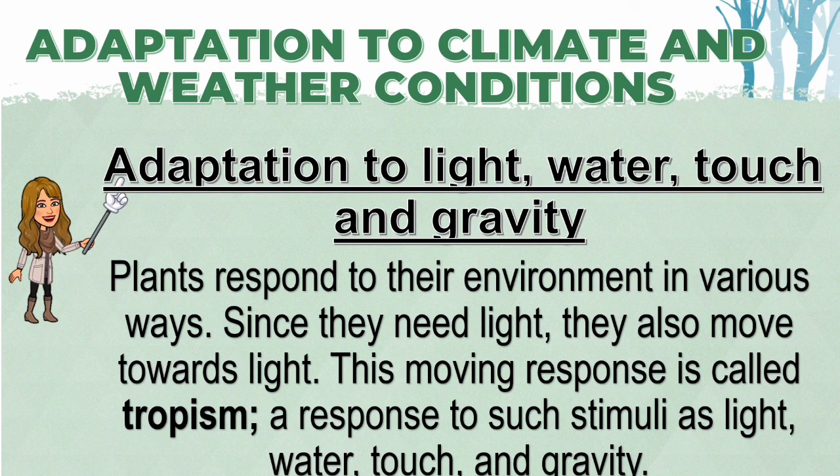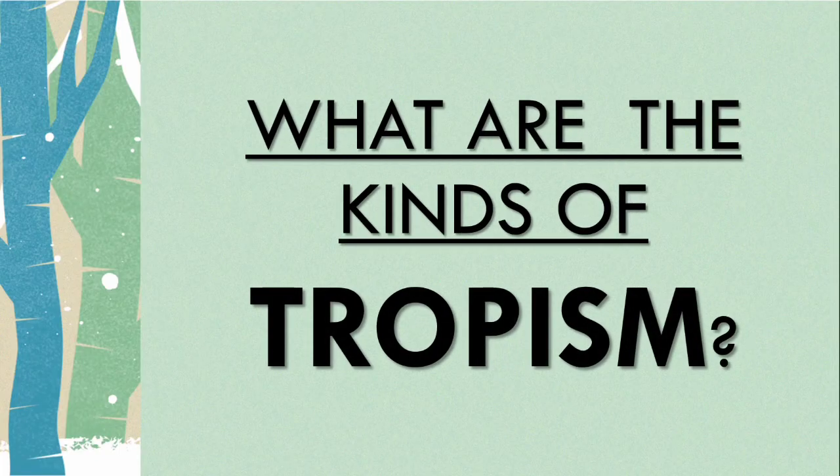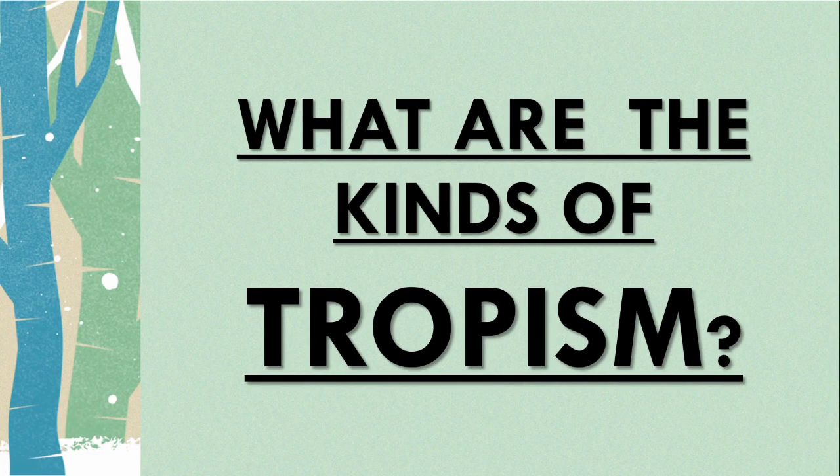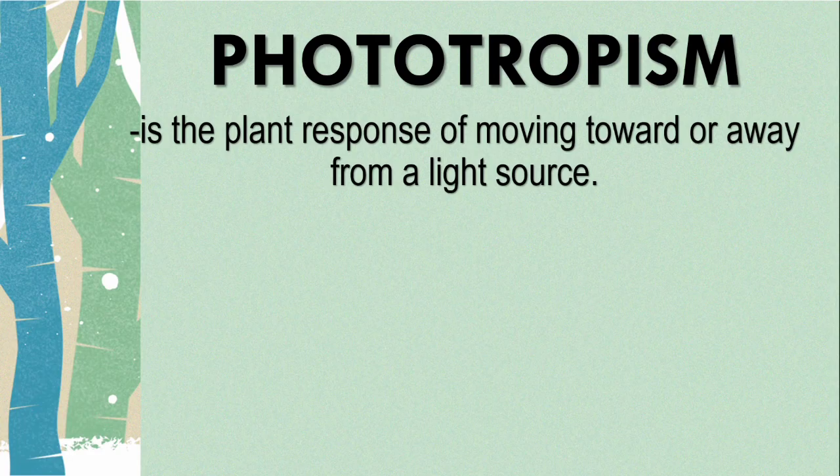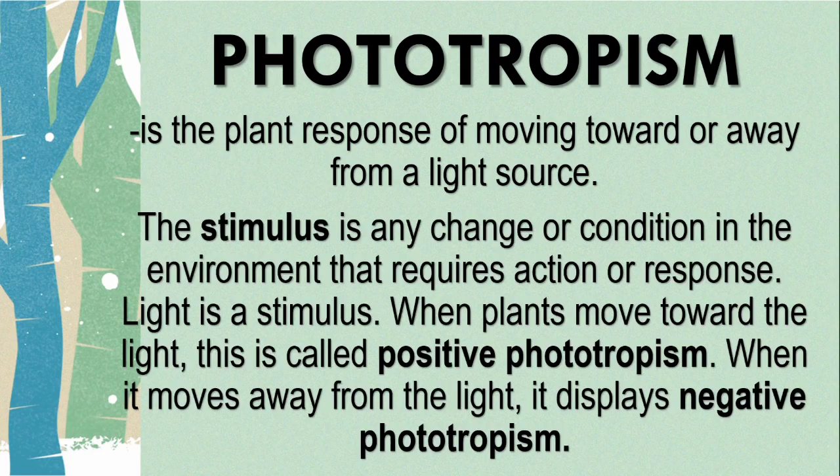So, what are the kinds of tropism? We have four kinds of tropism. The first one is Phototropism, the plant response of moving toward or away from a light source. Again, this is the plant response for moving toward or away from a light source. The stimulus is any change or condition in the environment that requires action or response. Light is a